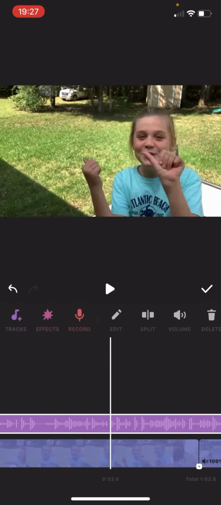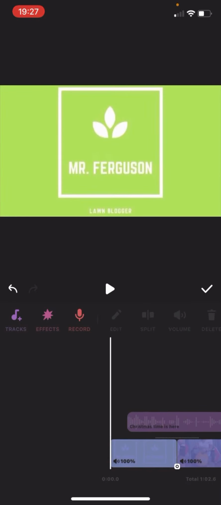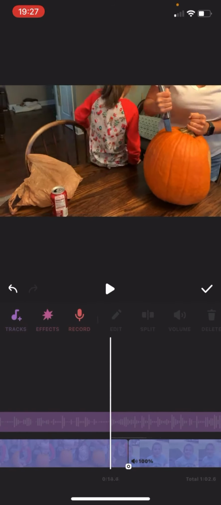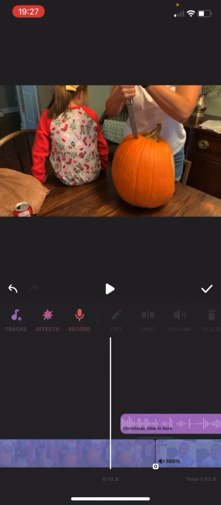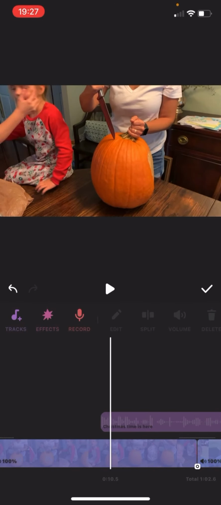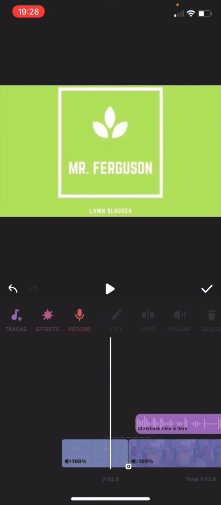And so now you can see that audio clip on top. And if I want to move that, I can move it this way. If I wanted it to start in the middle of a clip, I can adjust. I'm just pressing and holding as I do this and dragging this thing where I want it to start. So if I want it to start right after this transition,